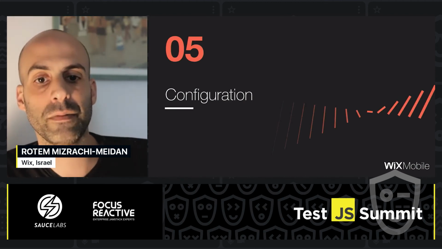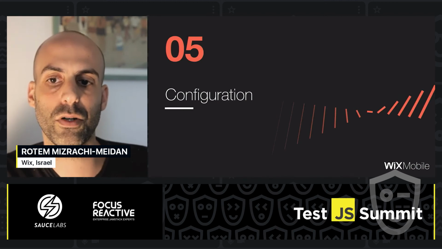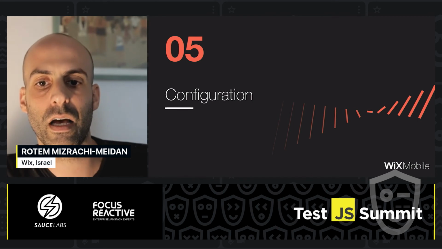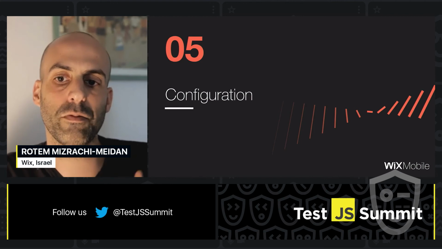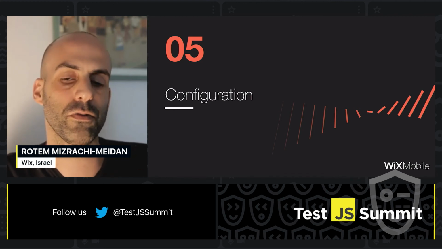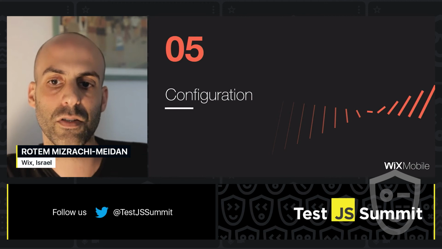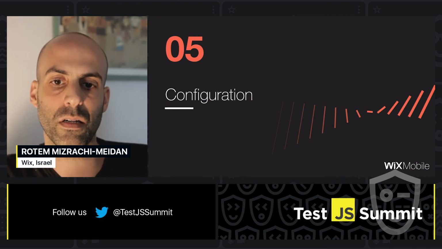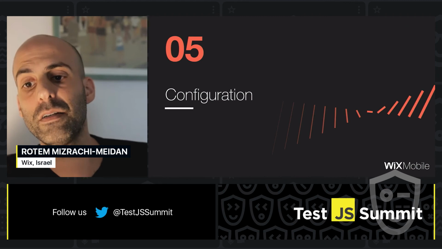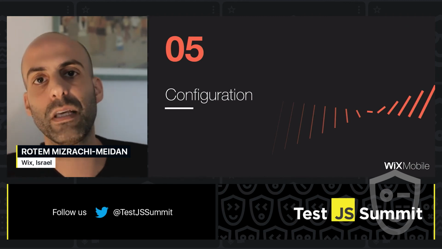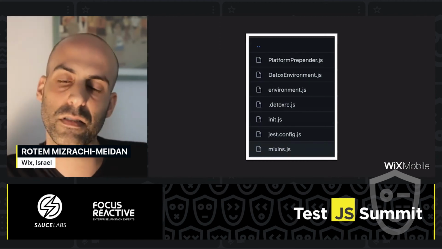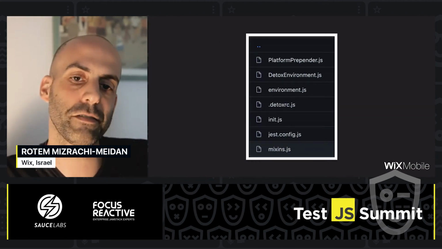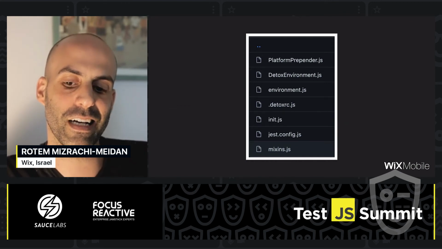So regarding configuration, as Detox becomes more and more mature, we get more features and tighter integration with Jest, which we usually do in order to leverage some features available in Jest or new cool features in Detox. Those configurations become harder to handle. Although the documentation itself is pretty good, it's very hard to keep track of the config. So as mentioned before, this is actually all the configuration files that we have in Detox